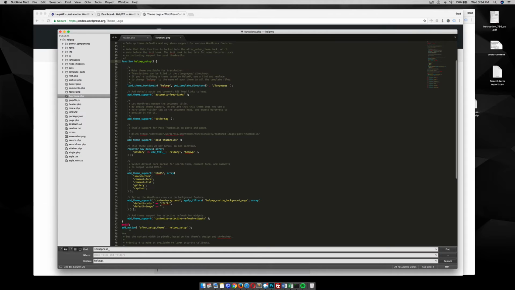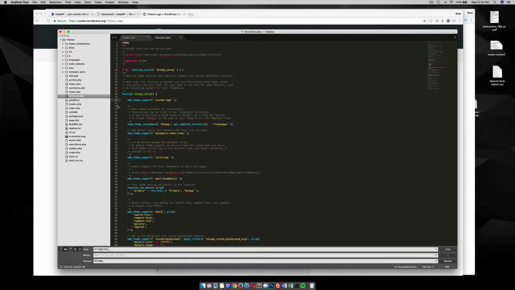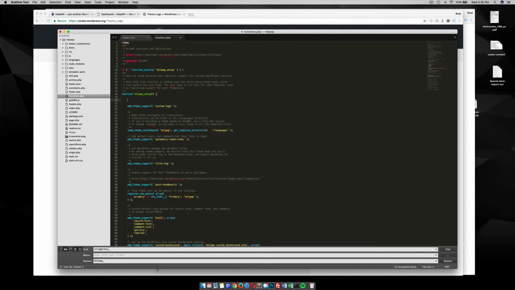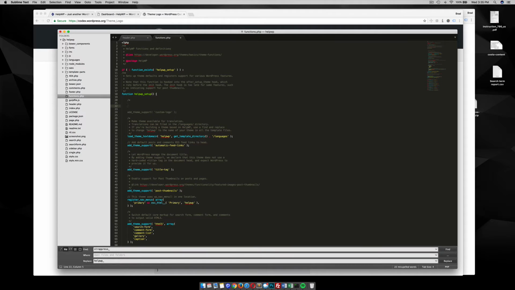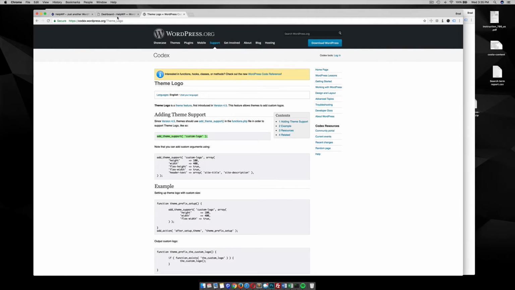before this add_action after_setup_theme, I'm going to add this line of code called custom-logo. And you can put a comment in here as well, just to make sure that you know what this line of code is doing later on, kind of like these other lines below it. So once we have that line of code and we save it, we can go to our dashboard again and